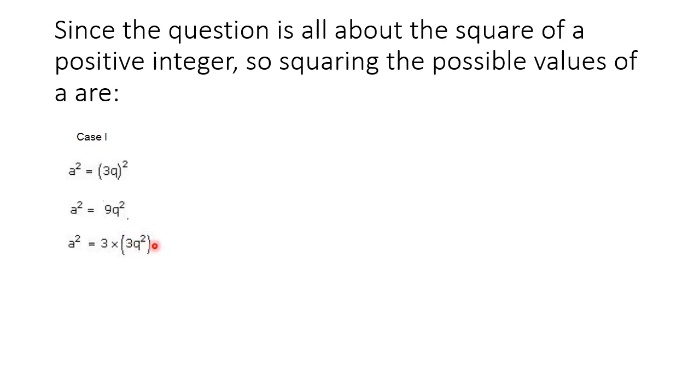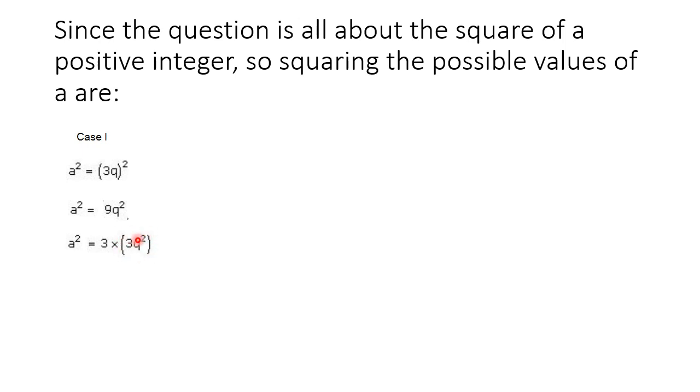So this q square, the concept here is q is an integer. According to the Euclid division lemma, the quotient is an integer only. So q square is also an integer according to our concept. If q square is an integer, then the 3 multiplied term, obviously this whole bracket, will come out to be an integer only.